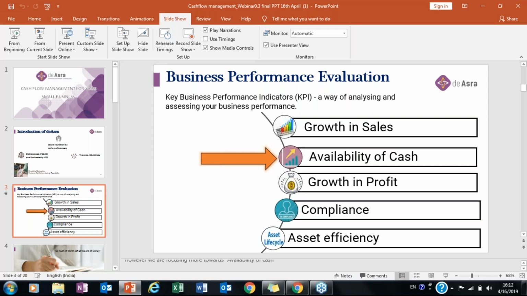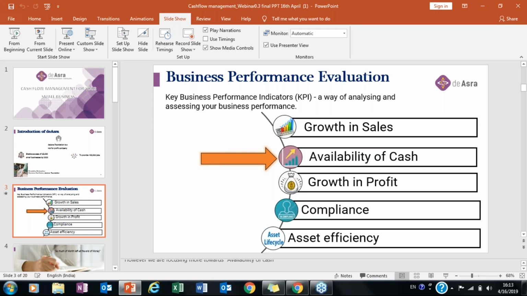I would also like to tell you that in asset efficiency, the humans or people working under you are also assets of the business. So, how much work are they doing, and are you able to utilize every resource of your business? This also shows whether you're using your assets efficiently. So these are the major five key performance indicators which show the growth and the health, and with which we can monitor the business.